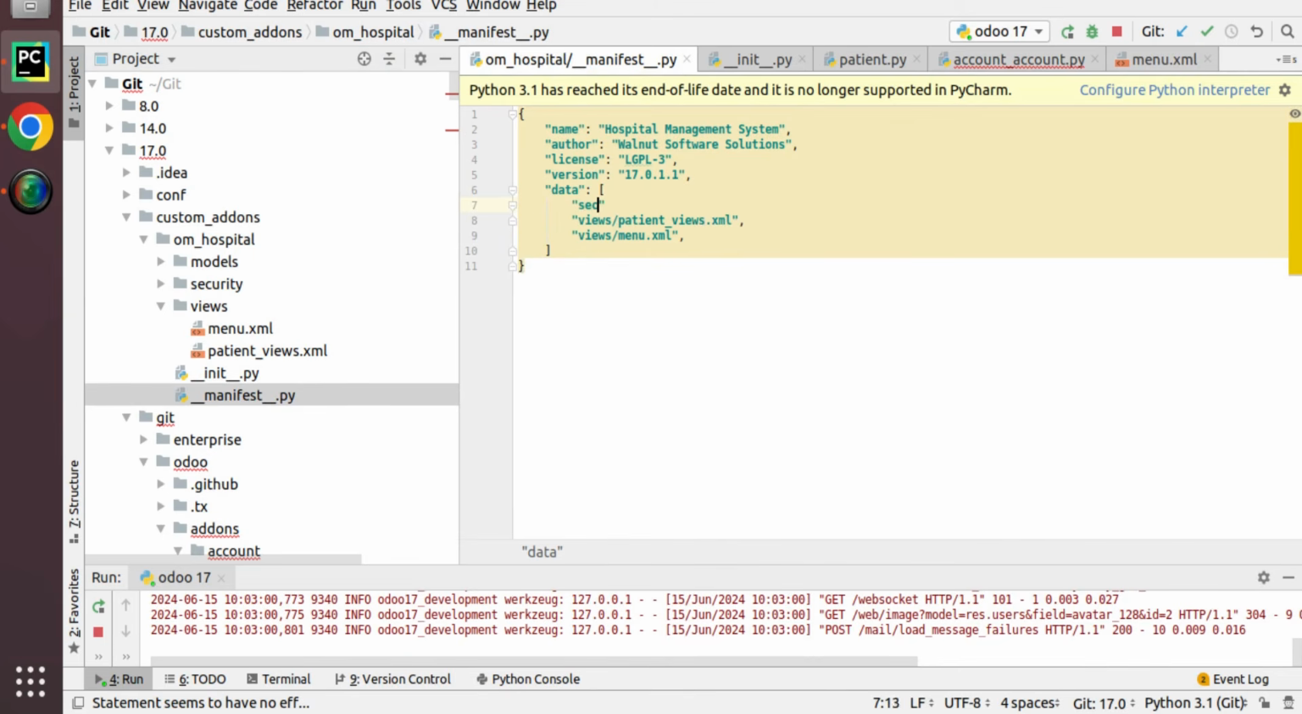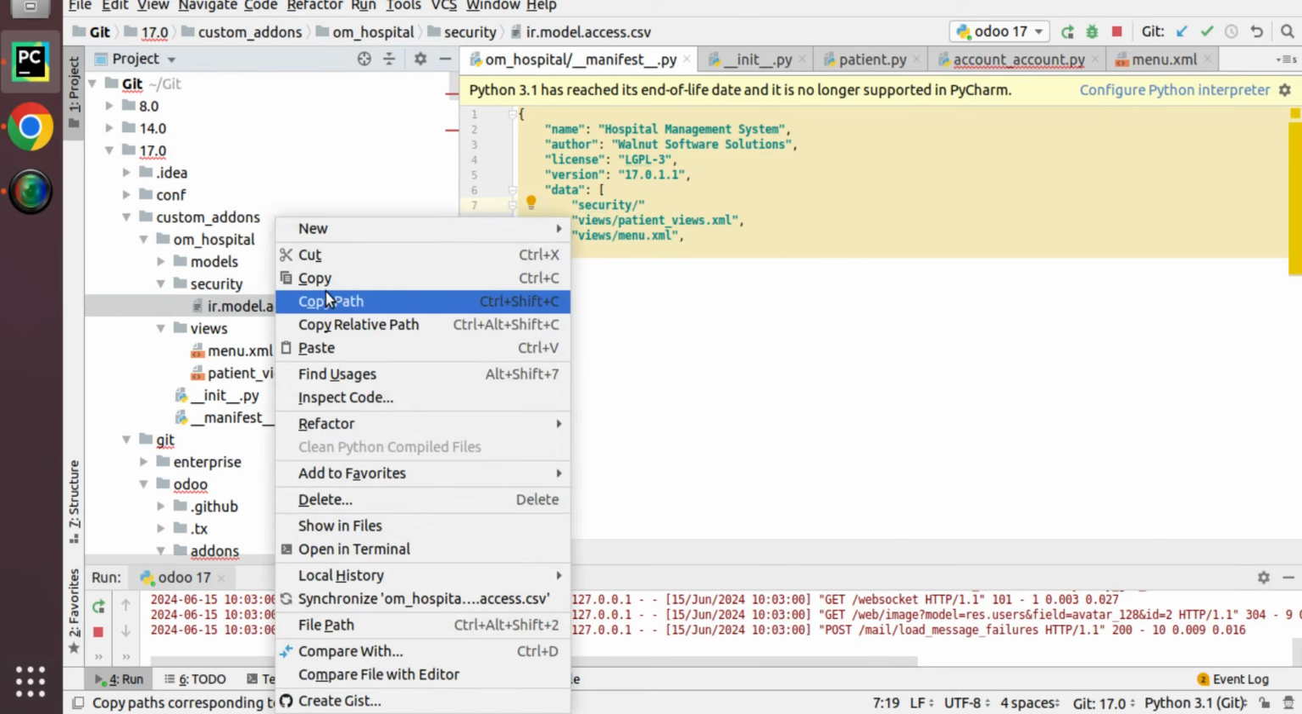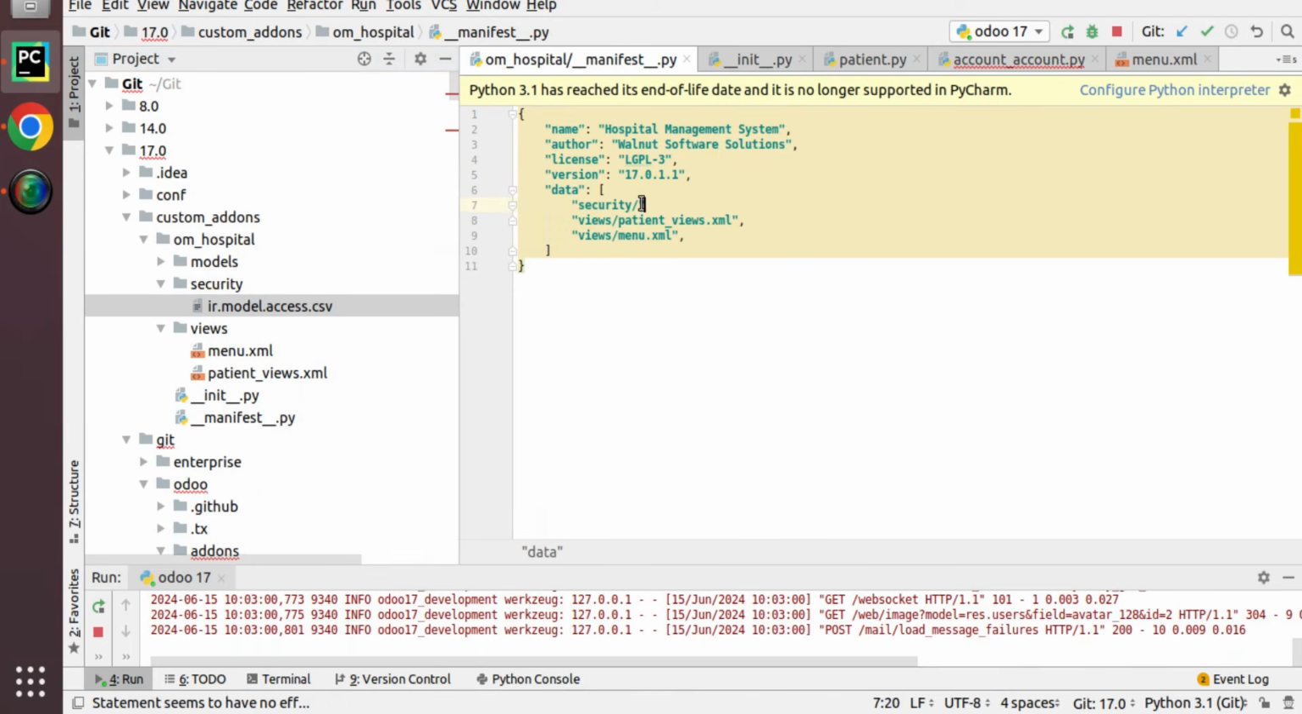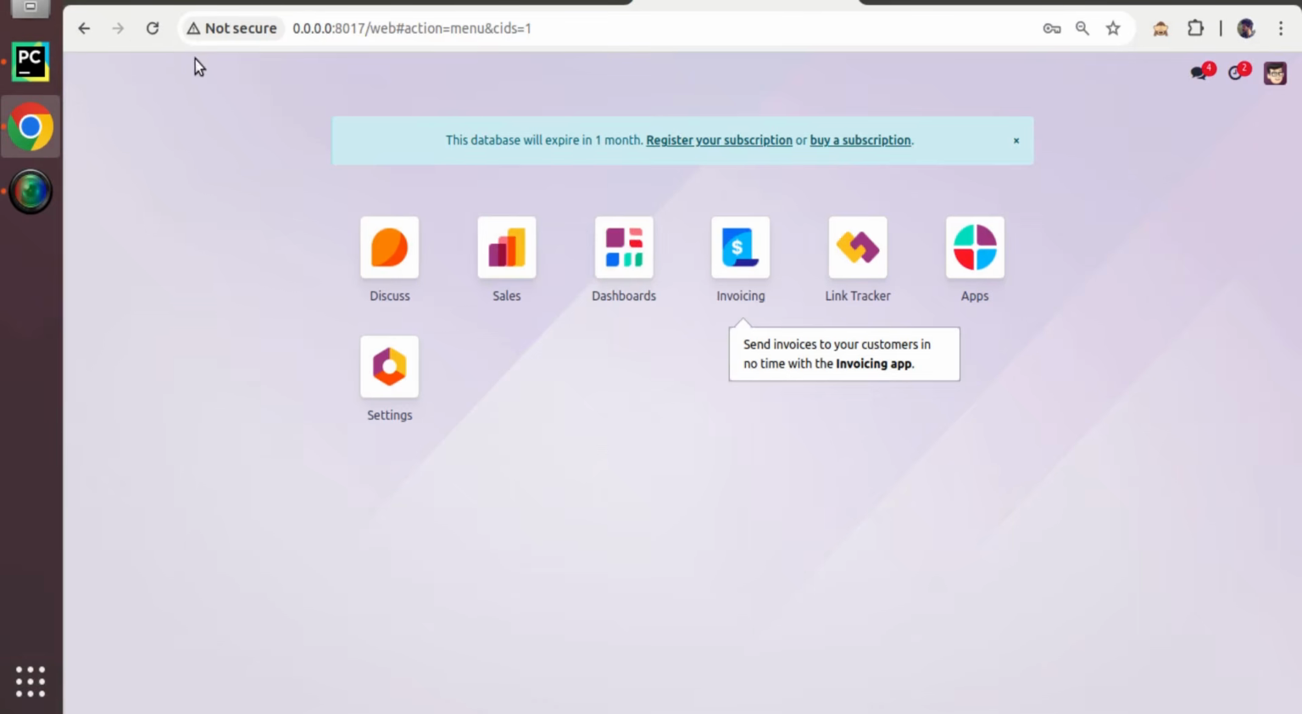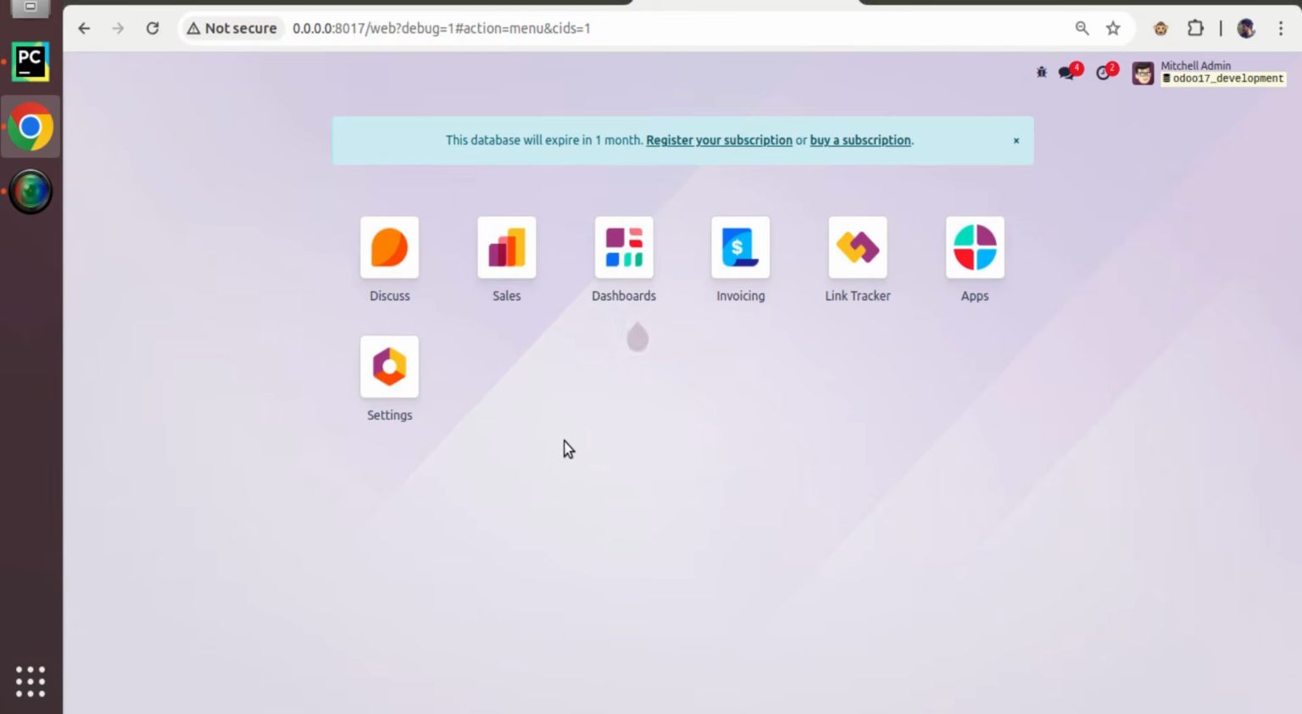You can import it here, security. You can import at any position, but it's good to put it over here. I have to import this file, security/ir.model.access.csv. This name has to be followed correctly, because if I go to, let me activate debug mode, if I